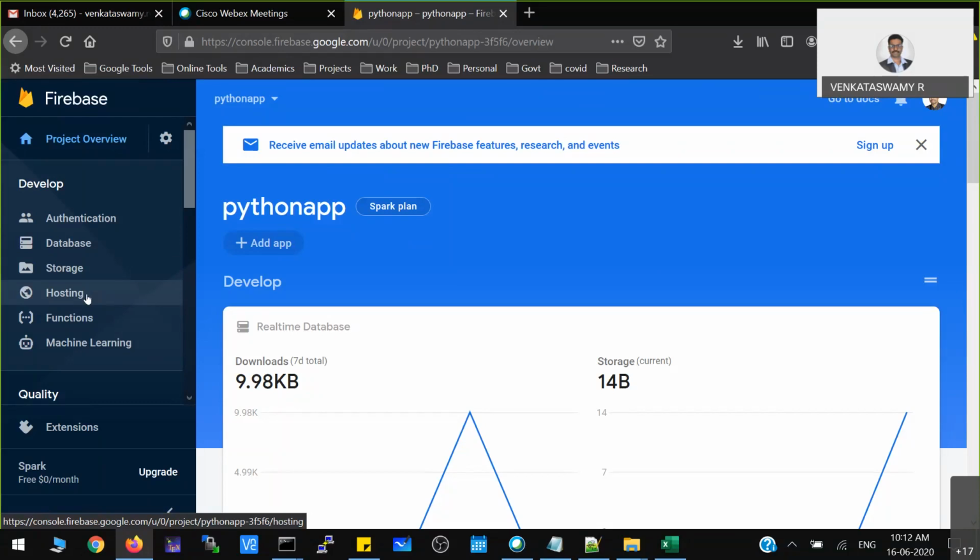That is called hosting services. You can also create your own functions and keep them inside Firebase. So these are some features of Firebase. Now, we are going to use the database.